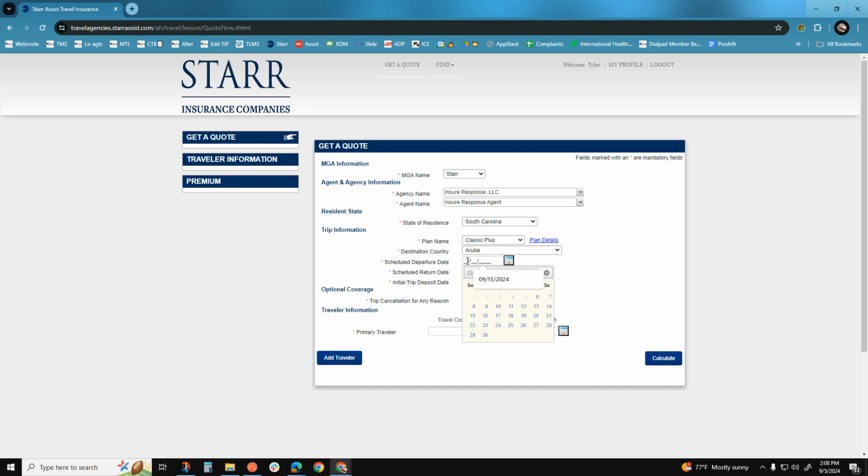Let's go the first of the year. You can use the calendar or type it in. Either way, you pretty much get the same result. All right, so we got the scheduled departure date as September 1st, 2025,